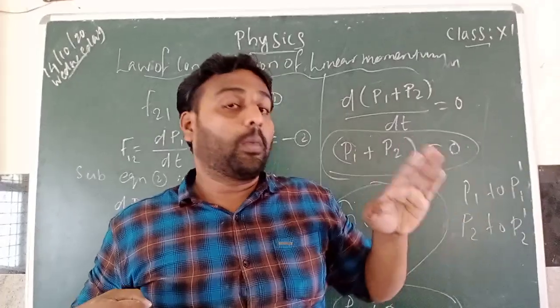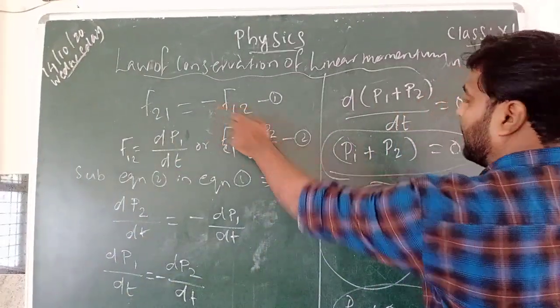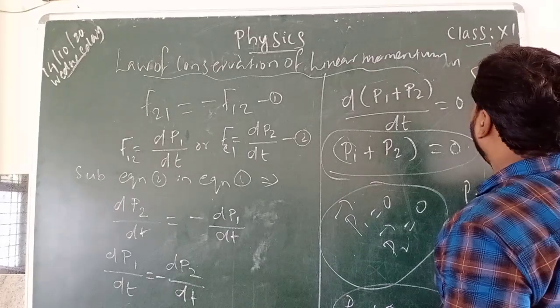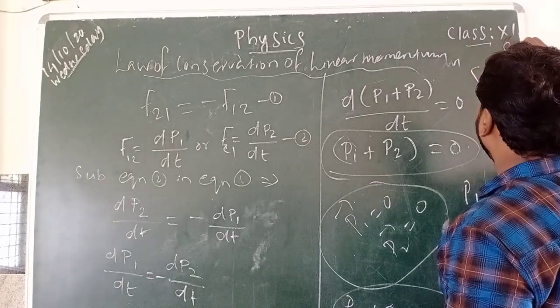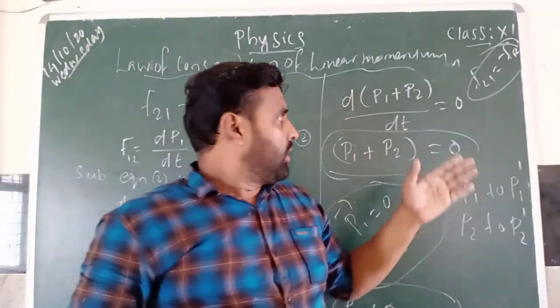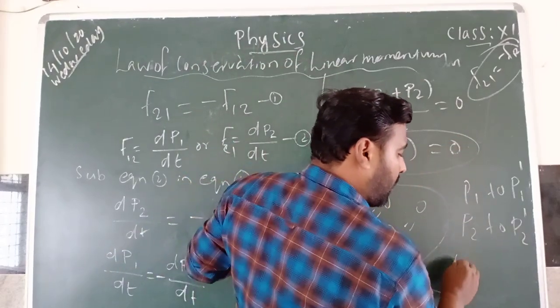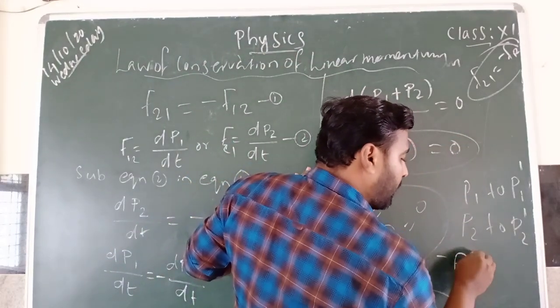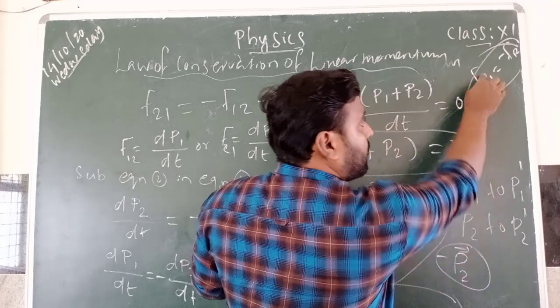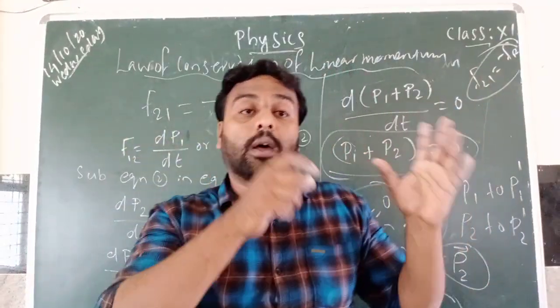Now the total, but in the opposite direction. That is what we can tell. This is the same thing, F21 is equal to minus F12. So we say minus P2 we can tell. Instead of this we can use minus P2. Minus P2 means now the gun is,